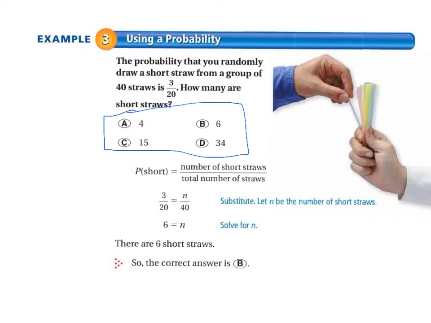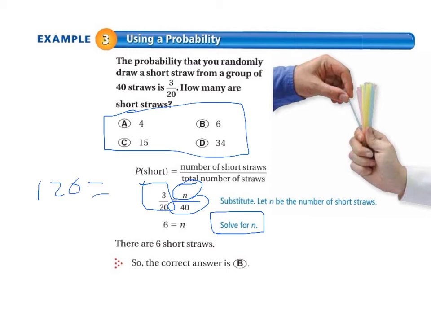So we know that our probability is 3 out of 20, but we don't have 20 straws, we have 40 straws. And we don't know how many short straws there are, so we're going to let n equal the number of short straws. So if we put these two fractions next to each other and we solve for n by cross-multiplying. So what they did here when they solved for n was they went 3 times 40 equals 120,